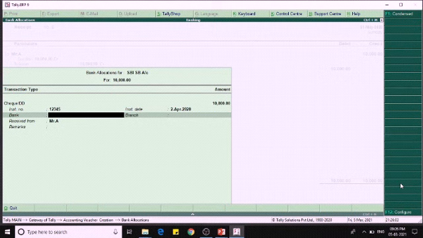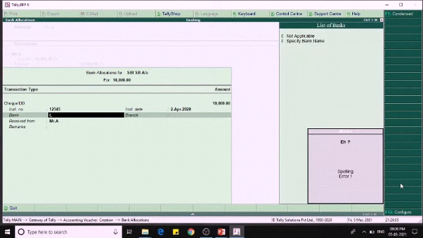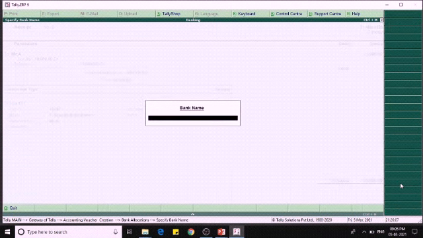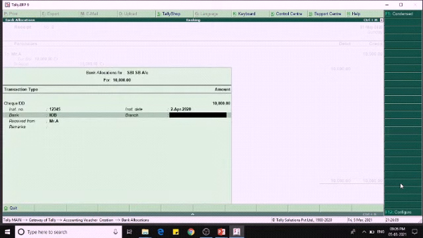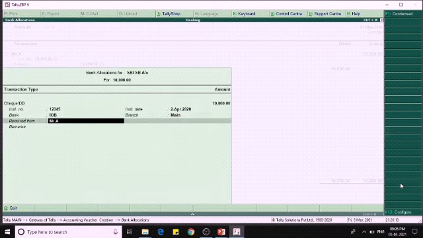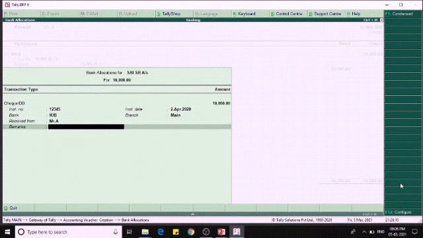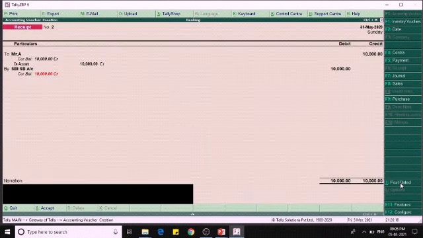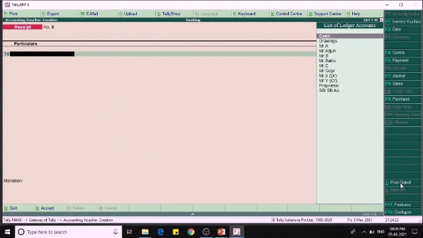And the bank is, suppose he is giving an IOB bank check, and the branch is main branch. If there are any remarks we can enter here, and we will create one more.